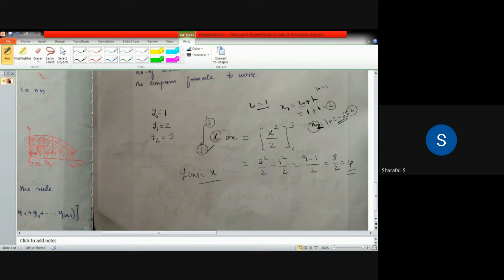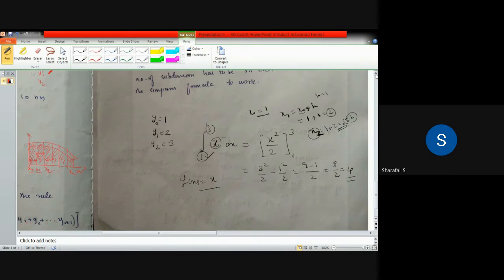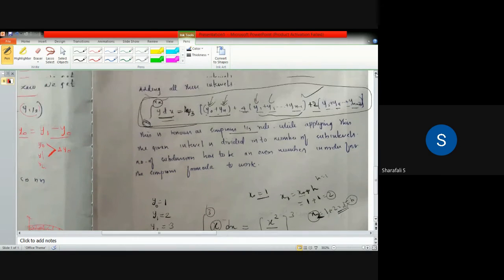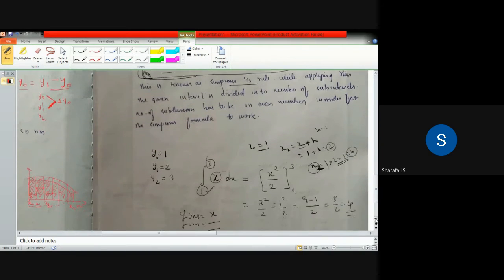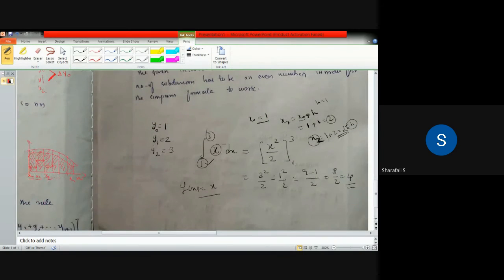Now you substitute that in your integration equation. What is that? If you are using the trapezoidal rule, what will be that equation? That is 1 by 2